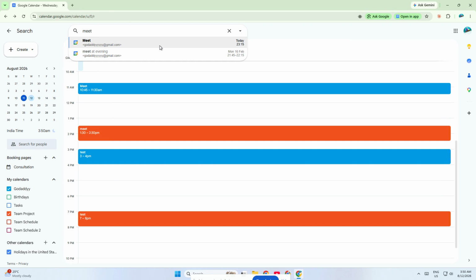After you type it in, review the search results carefully. Google Calendar will show you matching events, which makes it much easier to find the exact items you want to delete. Take a moment to make sure you are looking at the correct events, especially if your calendar has similar titles or recurring entries. Once you find one of the matching events you want to remove, click on it to